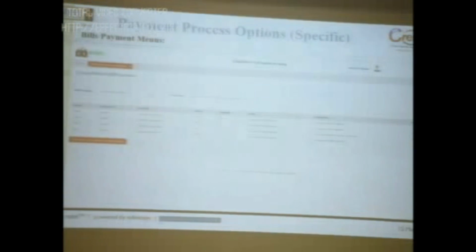These are payment modules for bills. When you generate bills, your customer